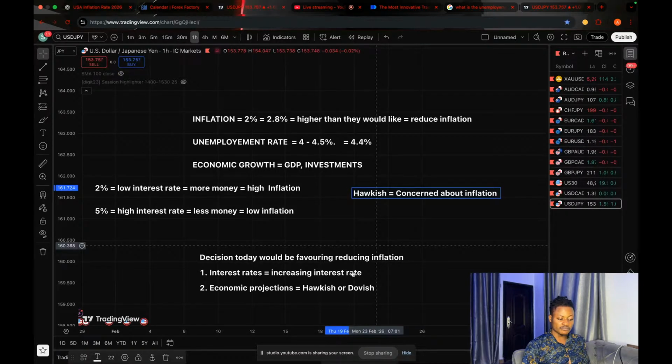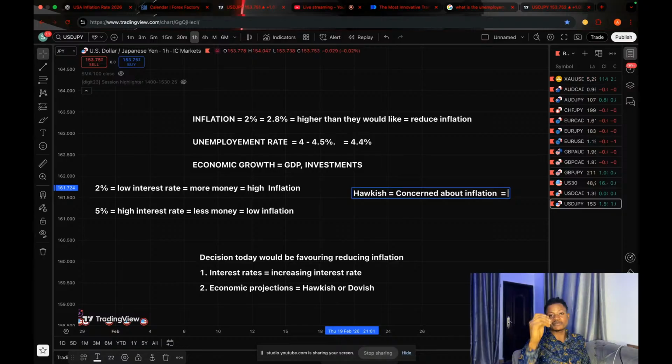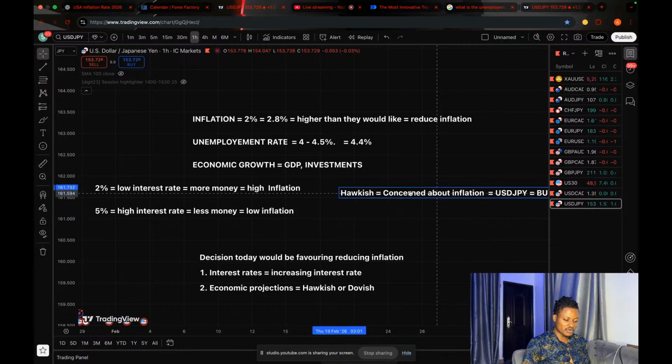And hawkish means they are concerned about inflation. If they are concerned about inflation, USD is going to gain strength. That basically means that in future, if inflation does not come down, they are going to increase interest rates. And if they give a hawkish tone, that means they are likely going to increase it in future. It will make USD gain strength. And if USD gains strength, USDJPY buys. So now you see why I went for a USDJPY buy here, because